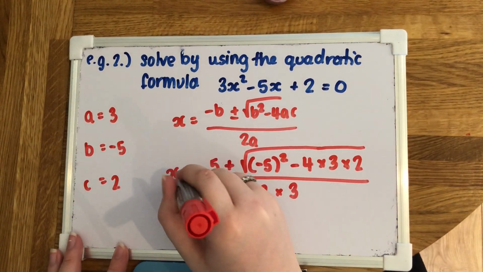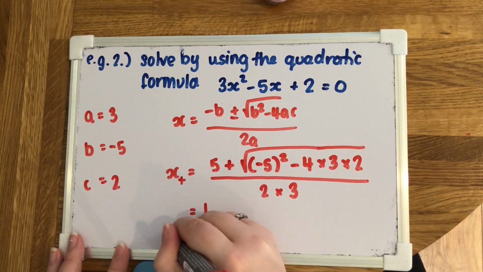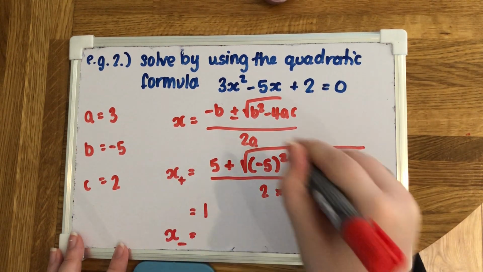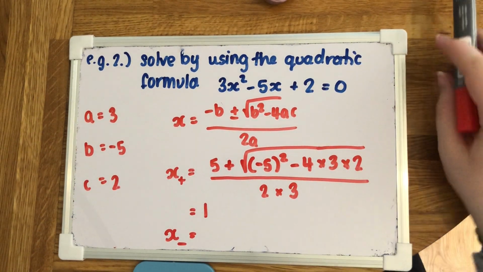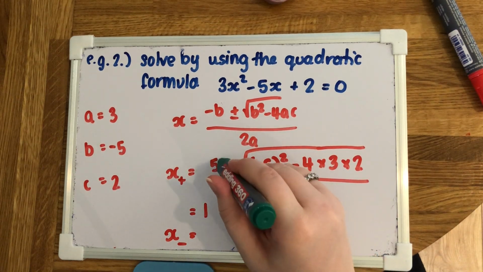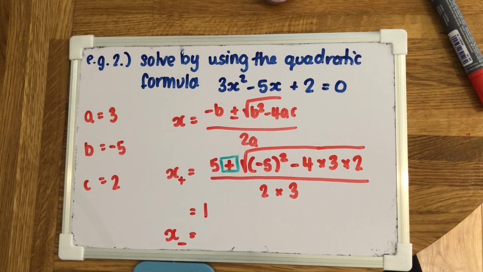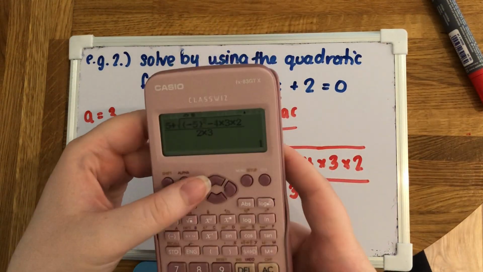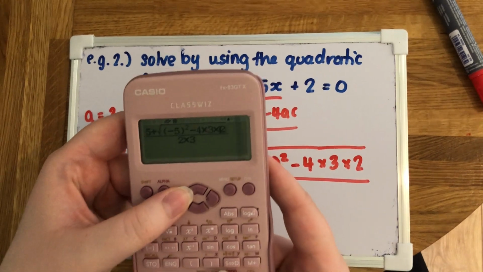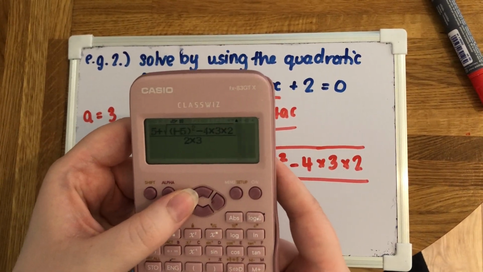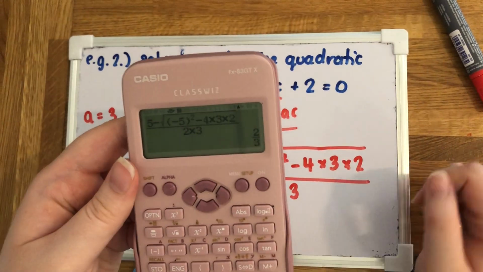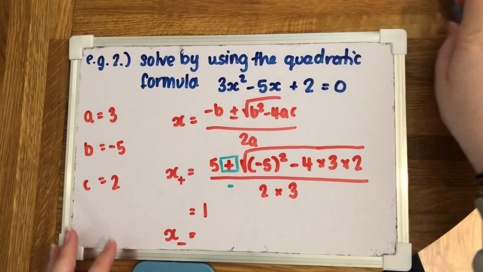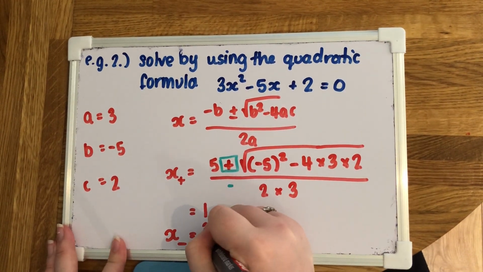Okay, I'm just going to add a plus here, only because the next one, just because I'm running out of space, I'm not going to write out all of this. Okay, so when we do the negative one, everything stays the same except for this part here. Okay, we're going to change it to a negative. So if we do it on the calculator, so just keep clicking back. So change, so delete and then subtract. And that gives us 2/3. Okay, so there